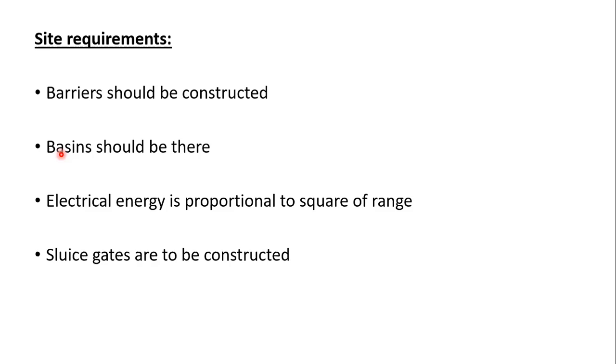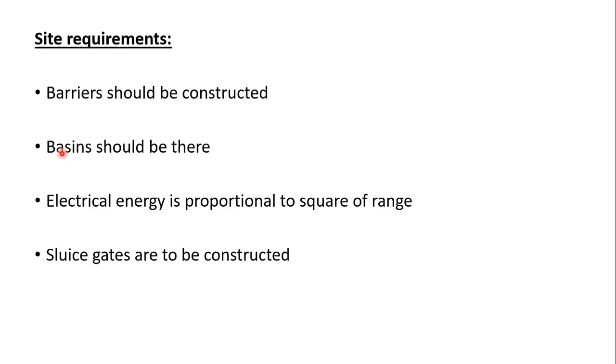Generation of electrical power will depend upon the product of tidal range R and the mass of water flowing through the turbine. So this volume is equal to the range multiplied by the area of water in this basin. So the volume is range into the area of water in the pond, and from it we can calculate the range. So finally, the total electrical energy is proportional to the square of the range and the area of the basin.